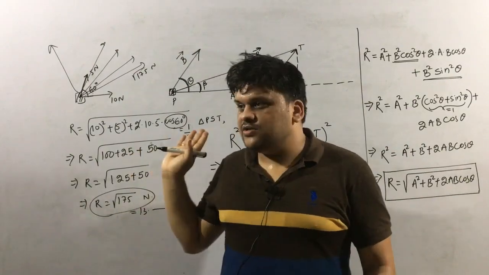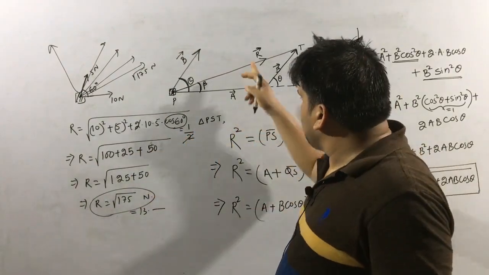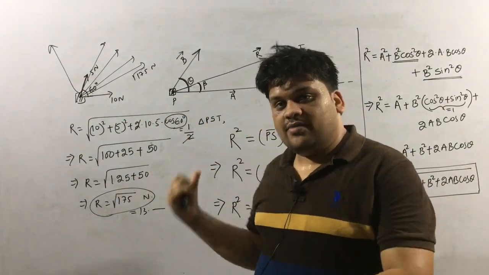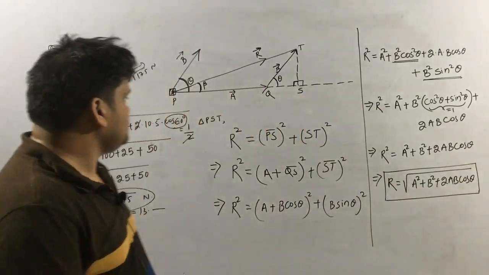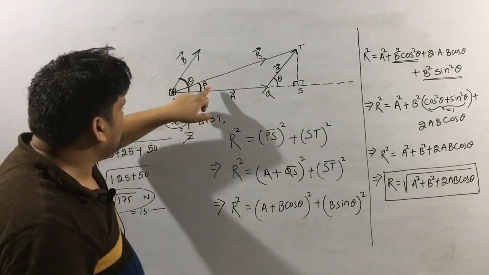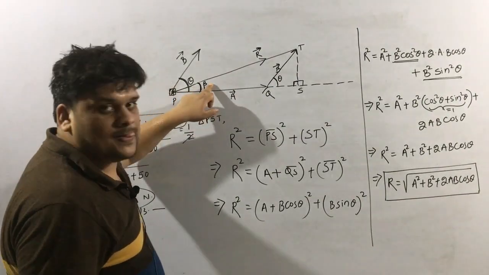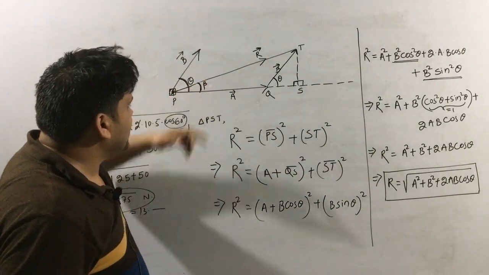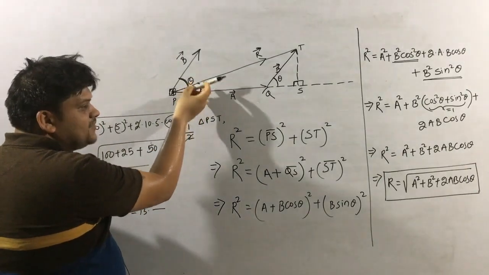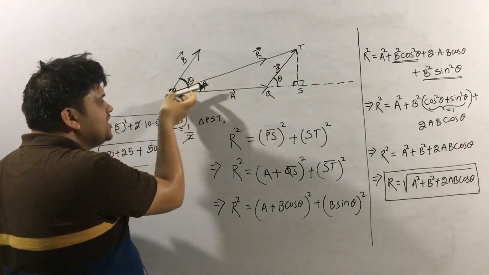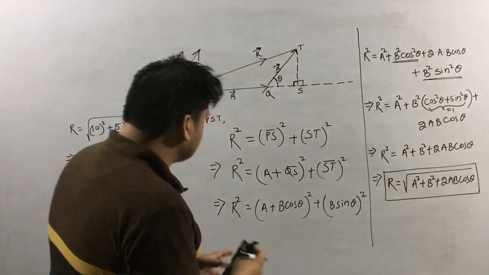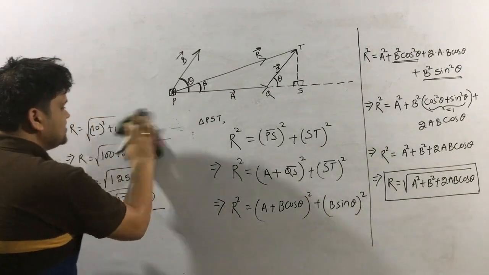Is it clear what is left in our derivation? Till now we have found the value of R, but in which direction it goes, that we again have to find out. So let us do that. In this diagram, if I find the value of beta, if this angle is known, then I can tell that this R vector went with an angle of 50 degrees, or 15 degrees, or 17 degrees, or 20 degrees. Like that I can tell if beta is defined. So now let us find this value of beta to complete the derivation.